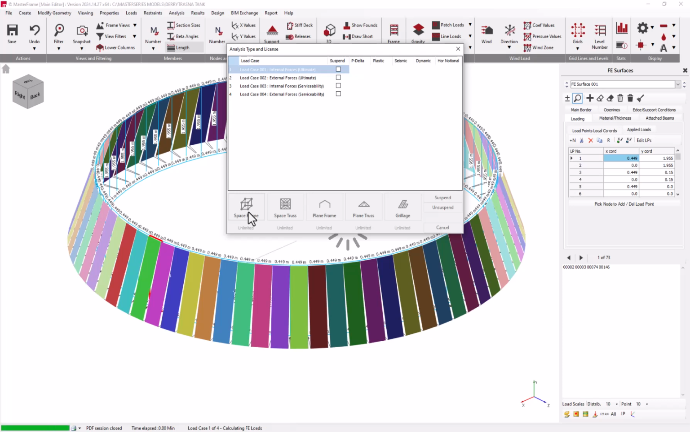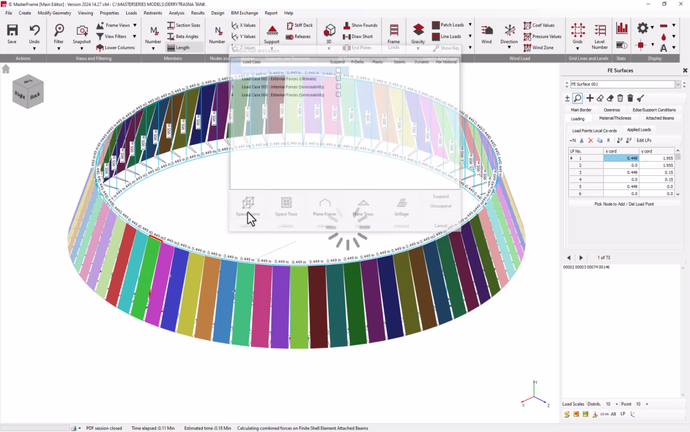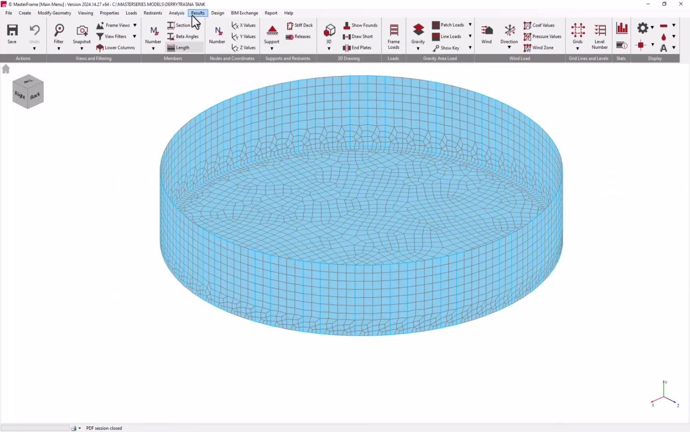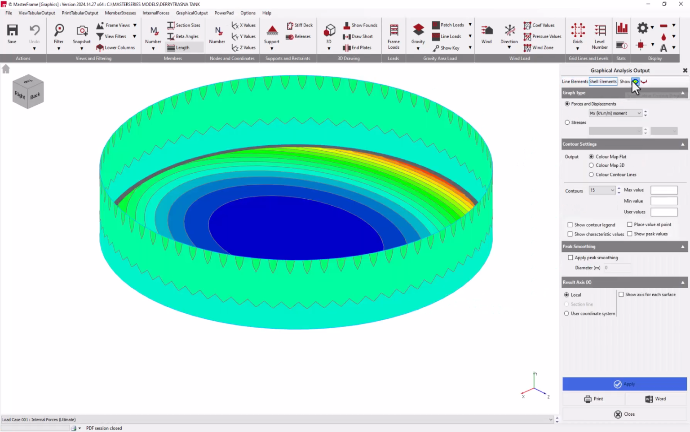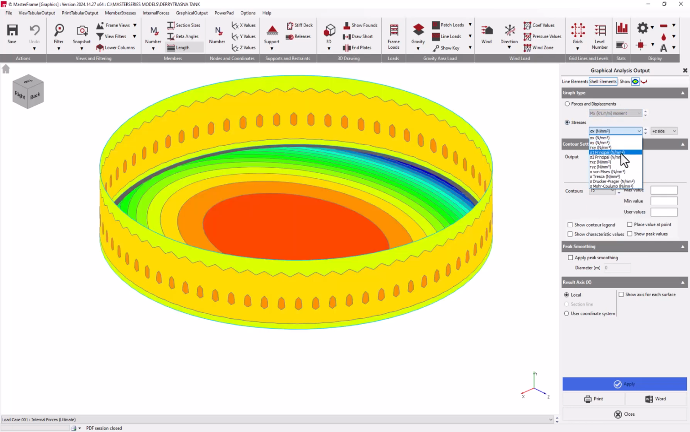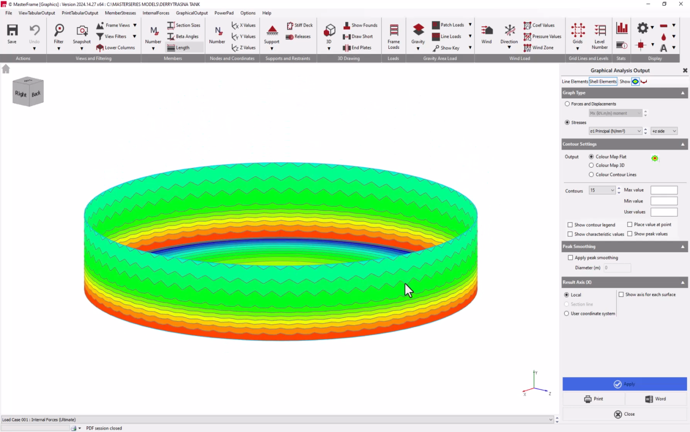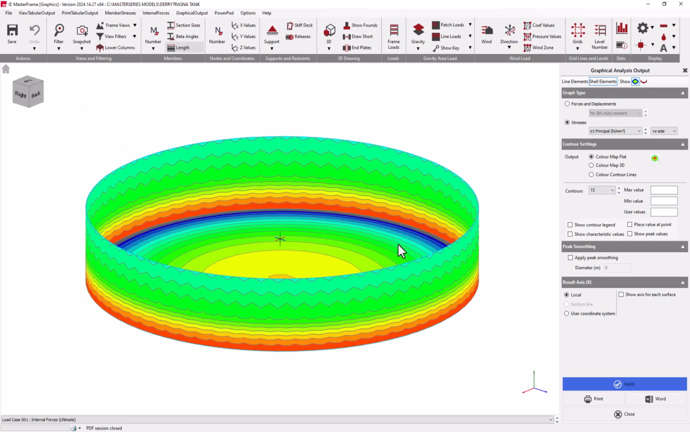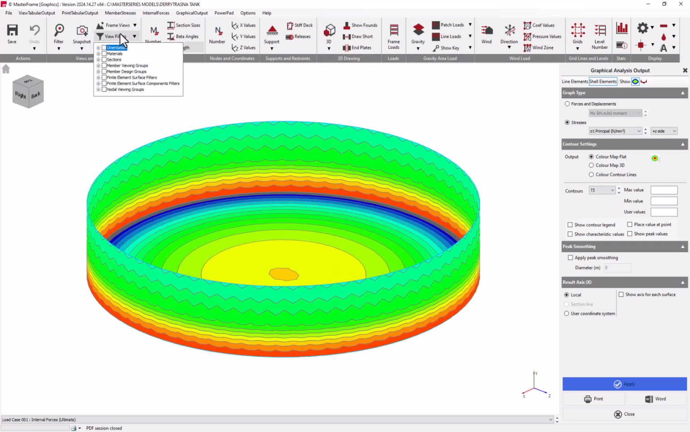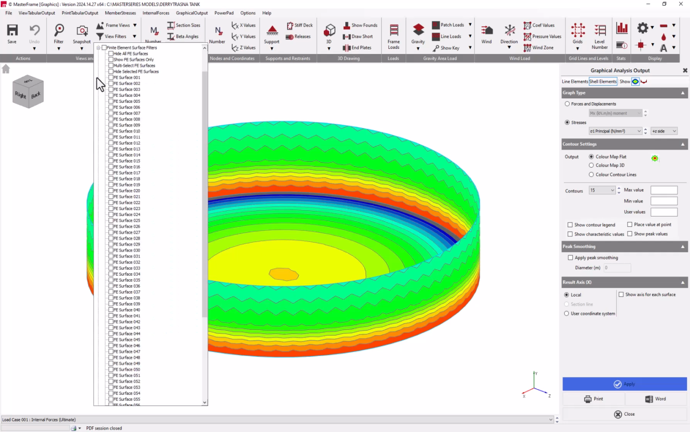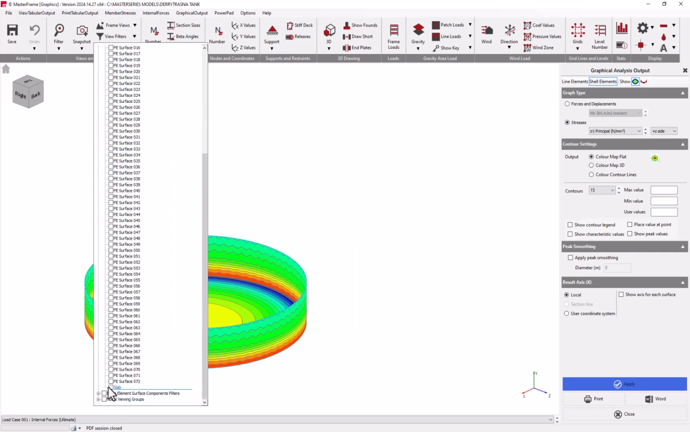Hopefully we don't get an error with the analysis. That's good. So results, graphical analysis, results, and then we go to our shell, contours, stresses, and tau 1 principal. So that's what we were looking for, I think, first time around. So if I ignore the base on that, finite element surface filters, and I take out the slab, then we can get hide